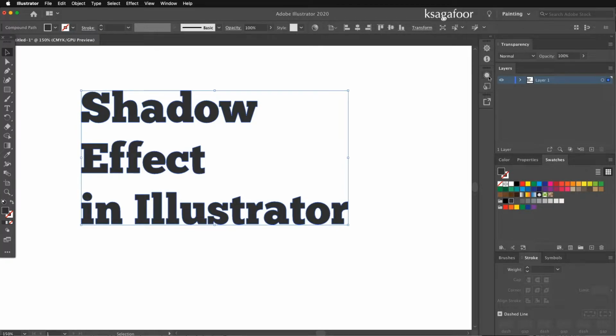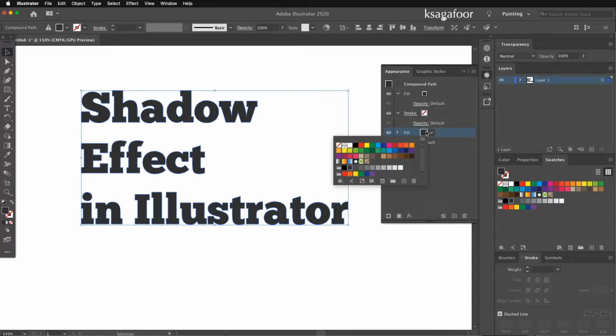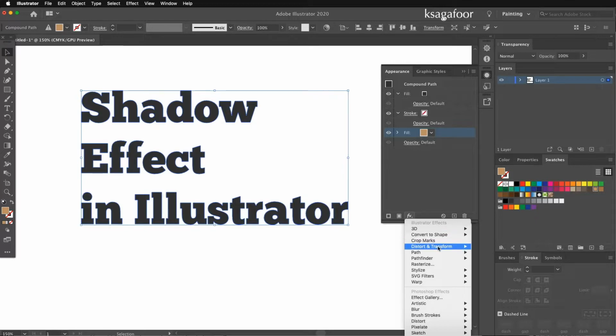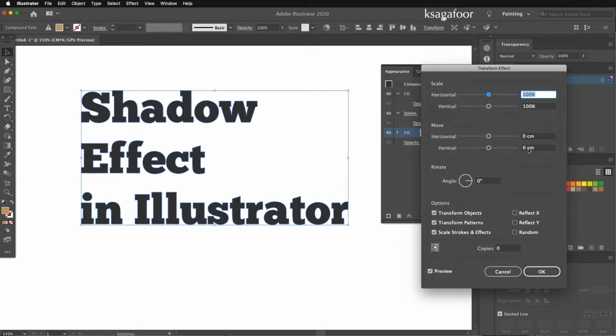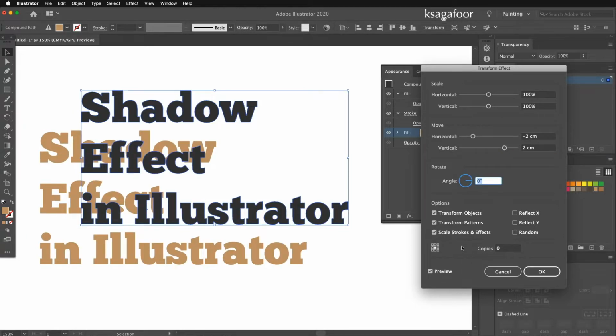Then go to Appearance, then add new fill, move it up, and change to another color. Okay, and then Effect, Distort & Transform, Transform, then move horizontal using -2, 2, then preview on. Okay,